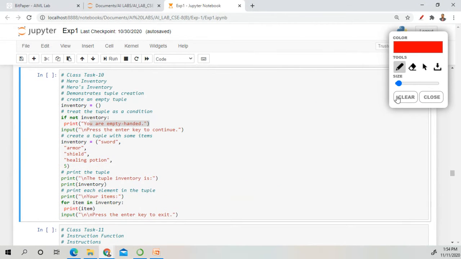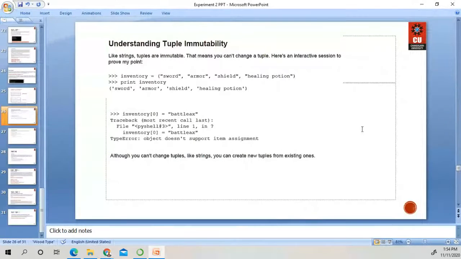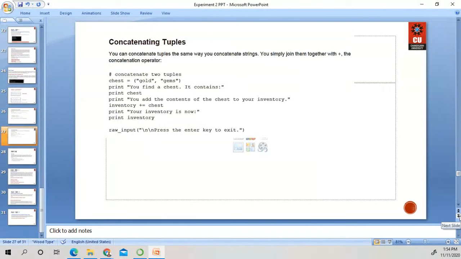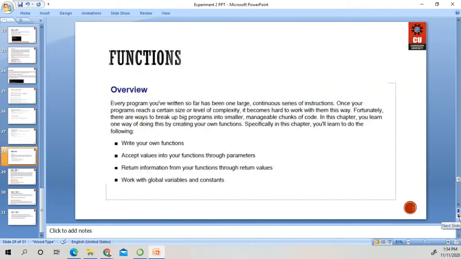We will start with the next task. As you can see here, these are the items. We can join these two tuples also, and display them. Next is function.